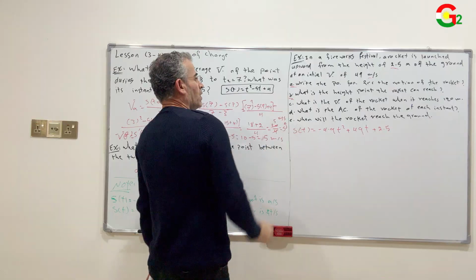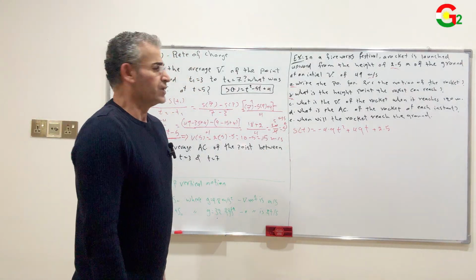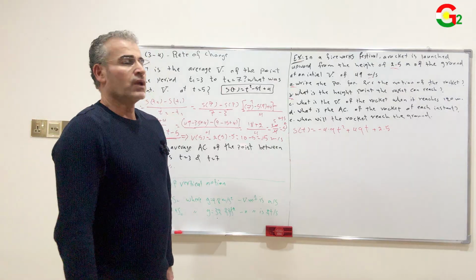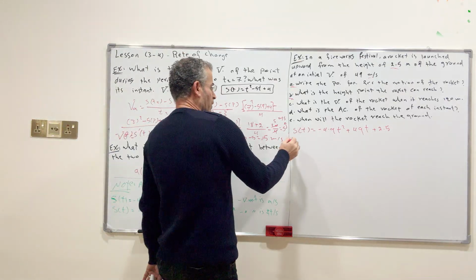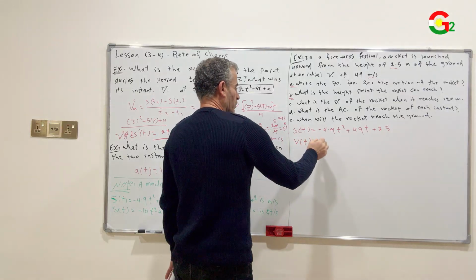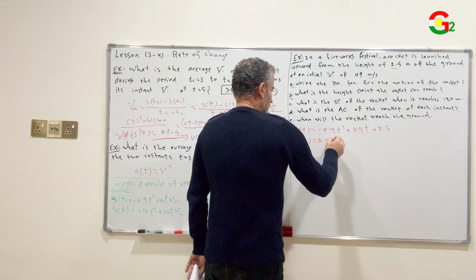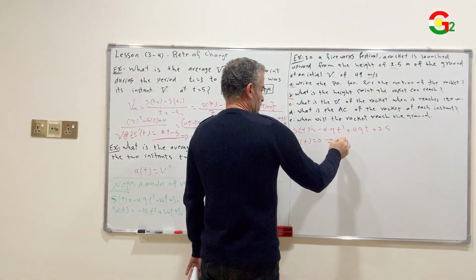Part b: what is the height point the rocket can reach? The height point the rocket can reach is when the velocity v of t is equal to 0. Then we find the velocity